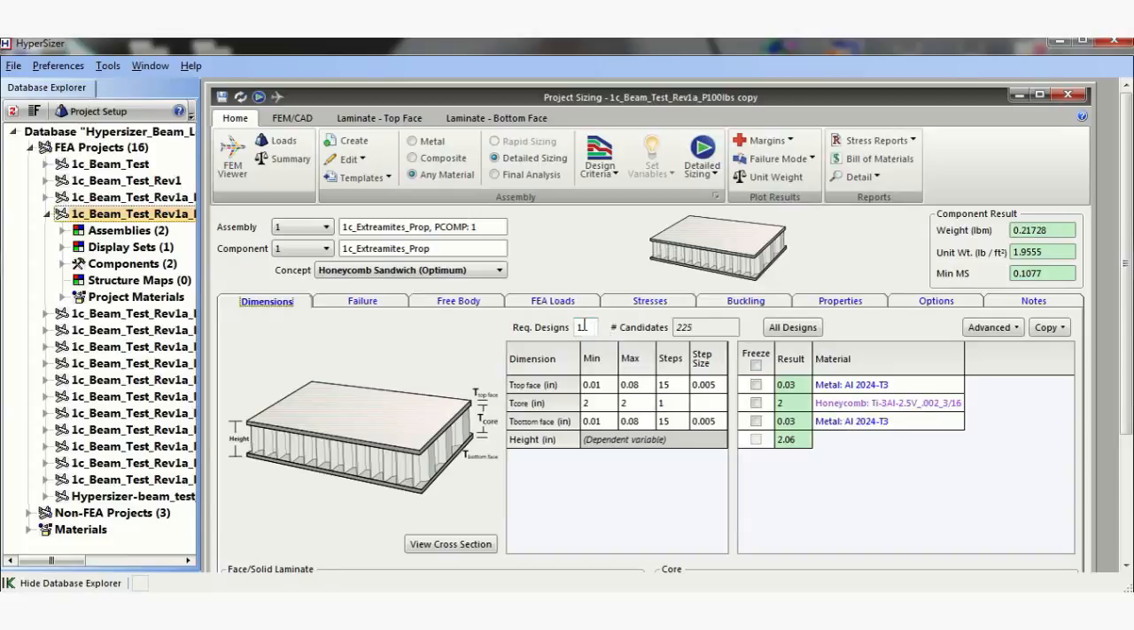As you can see, I've asked for only one design. We can ask for many designs, and these options provide 225 candidates. So when I do an analysis, Hypersizer looks at all 225 candidates and finds out which is the lowest weight, which you'll find the weight here. So if we do the analysis,